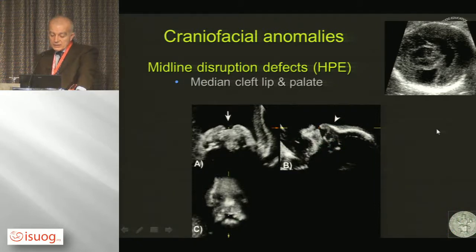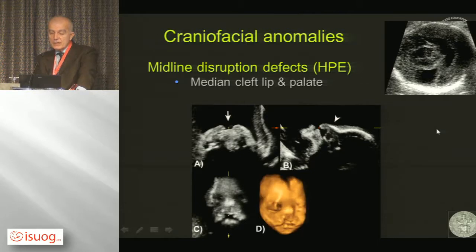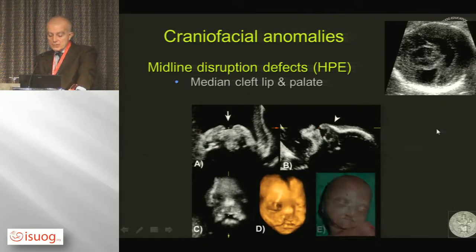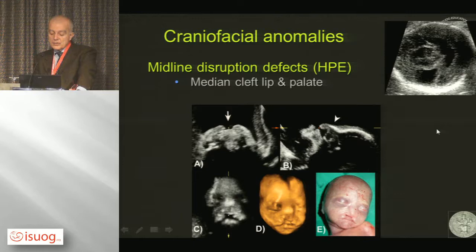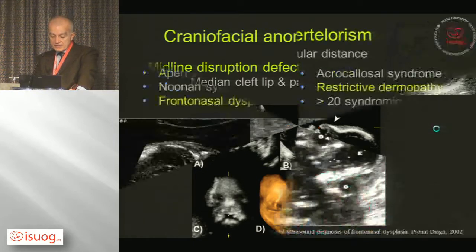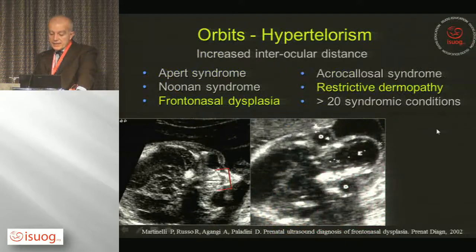And also regarding the lips, if you have a median cleft of the upper lip, that in the overwhelming majority of cases is associated with holoprosencephaly. There are very few syndromic conditions, one I'll show you later on, in which you may find a median cleft. So let's start with the other abnormalities, which are more relevant because these are not associated with